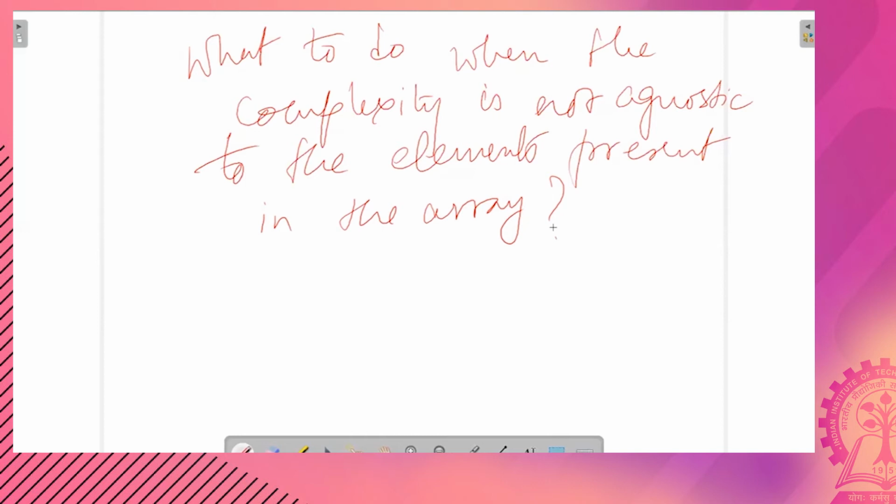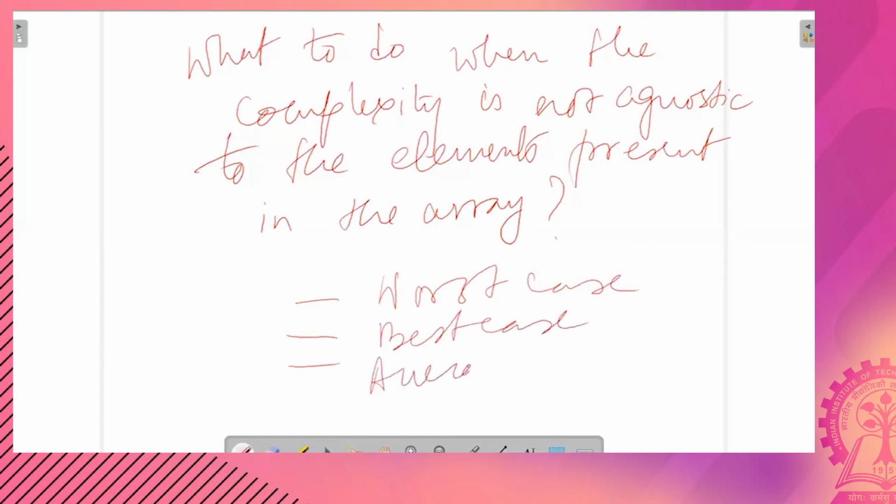What people typically do is to estimate the other three cases, that is the worst case, the best case, and the average case.